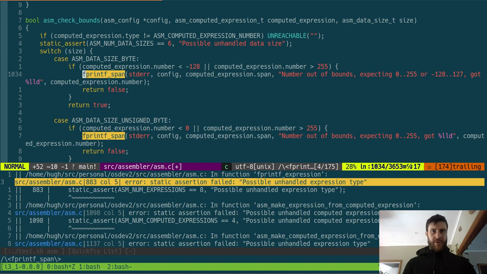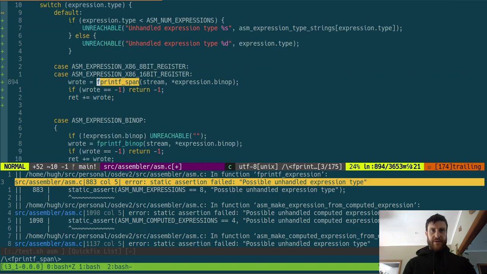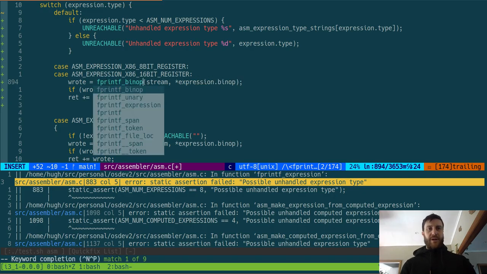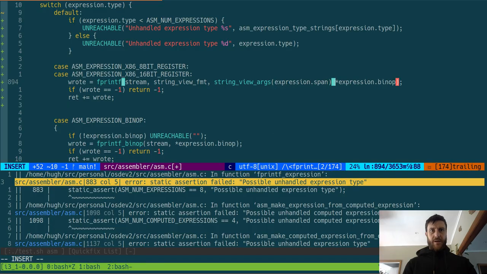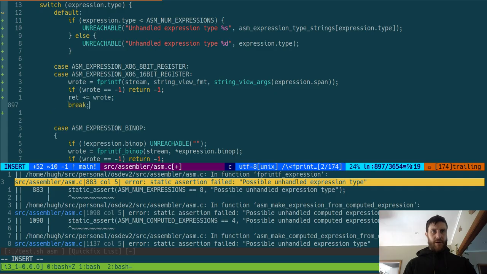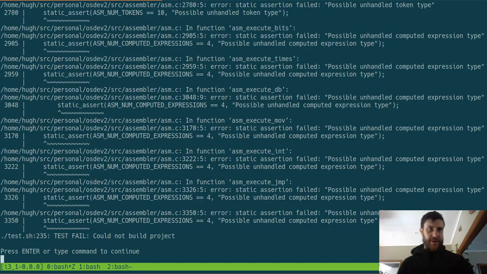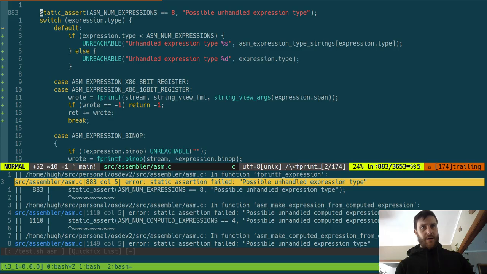So when we do the span, this prints the whole works. But we can do an if printf. And what we print to it is just a string view format, and then string view args of the expression dot span,